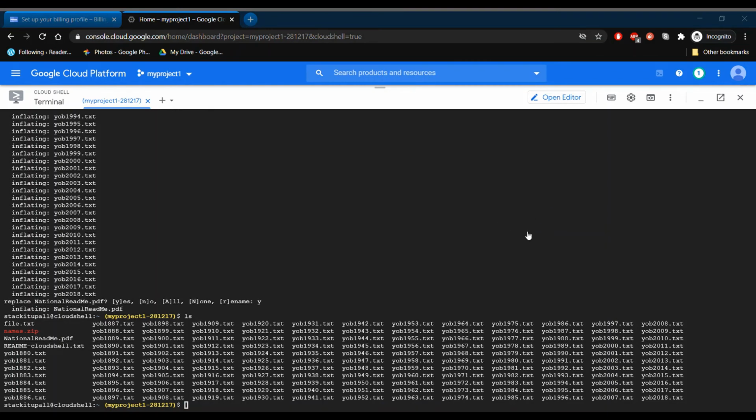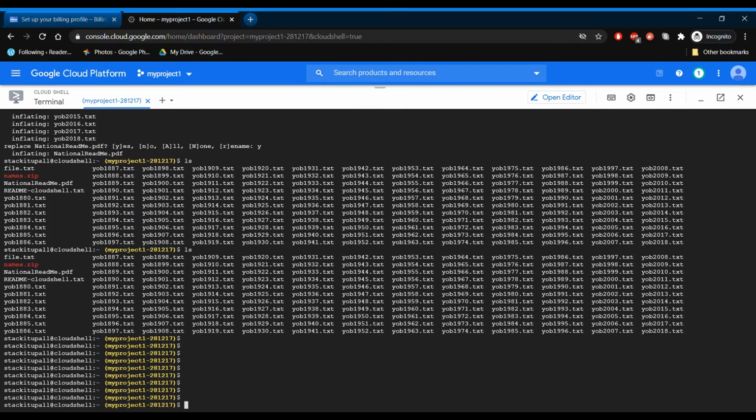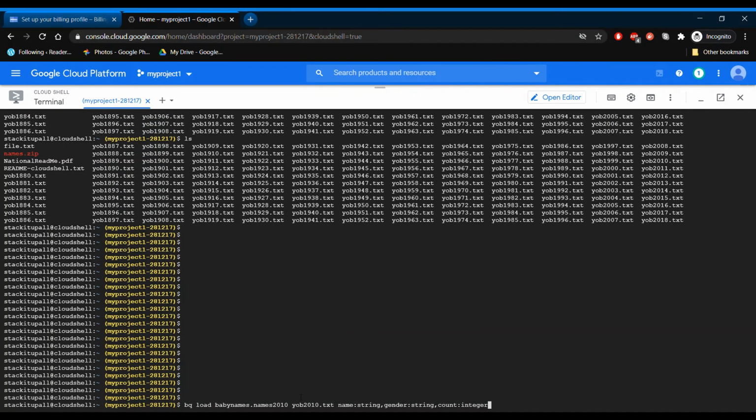So we'll create a table for this. So we will use this bq load command. Bq load, this is the dataset name, baby names, followed by names 2010. This is the table name that we are giving, and then we are giving the file name, that is yob2010.txt.